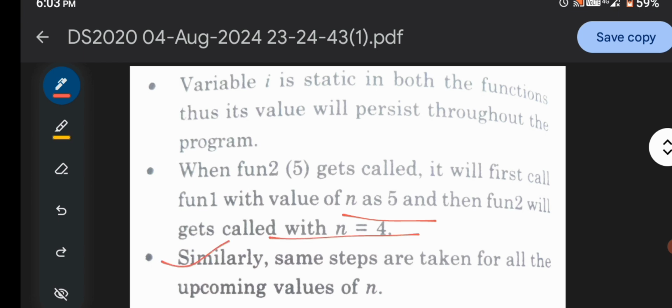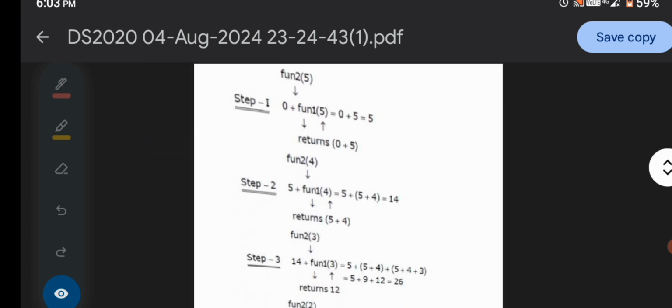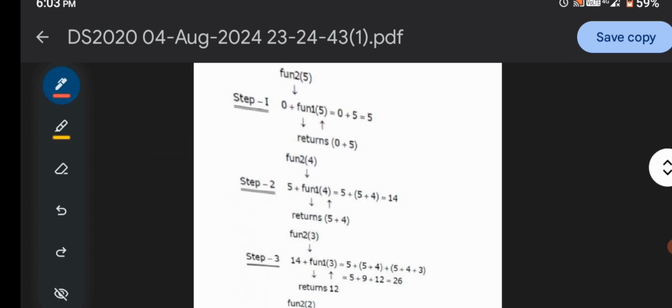Similarly, the same steps are taken for all the upcoming values of n. Now this is the flow of function 2, which goes through function 1.